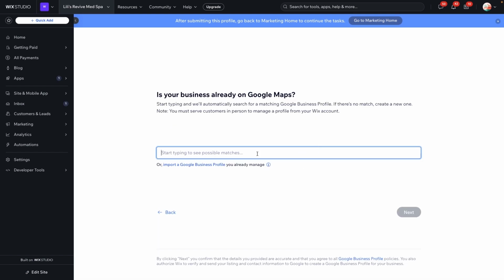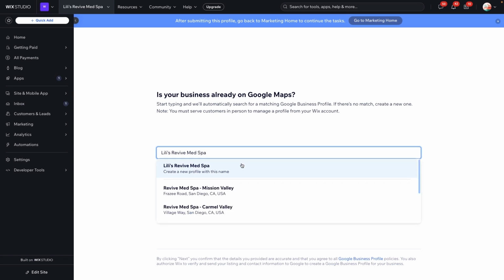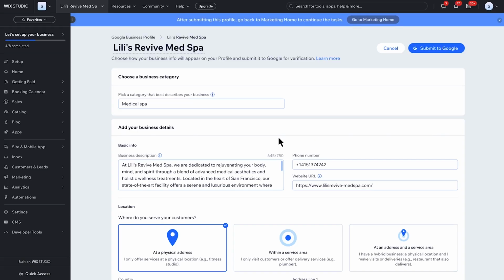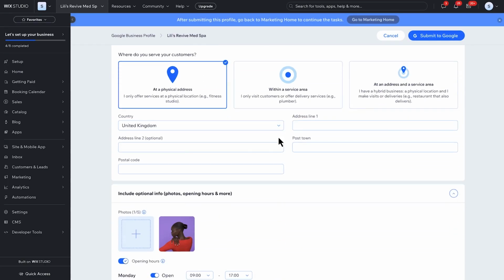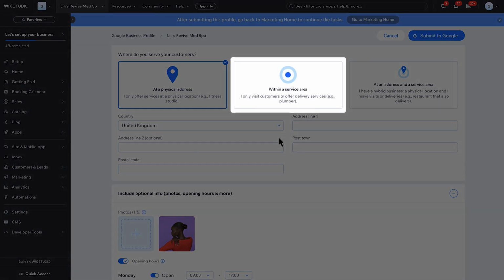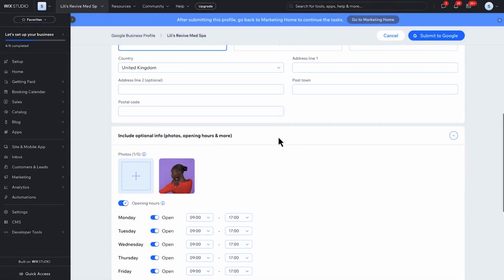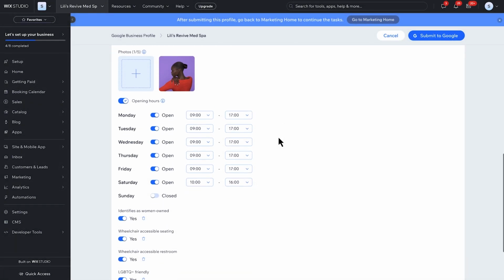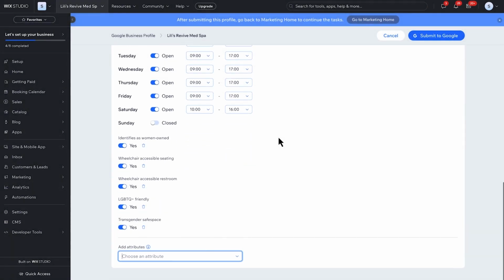First, I'll show you how to create a new profile. You'll be prompted to enter the business name to create the GBP listing or to find an unclaimed listing if it already exists. You'll then see whether an unclaimed listing was found or whether you need to create one for your client from scratch. You'll be taken to a screen where you can set the info that Google will show in the GBP. This includes establishing the business as having a physical location or being a service area business or a hybrid, adding photos for the GBP, setting hours of operation, selecting attributes,